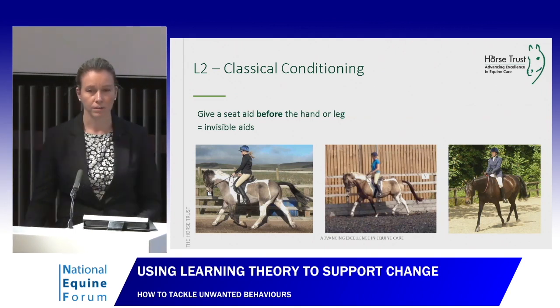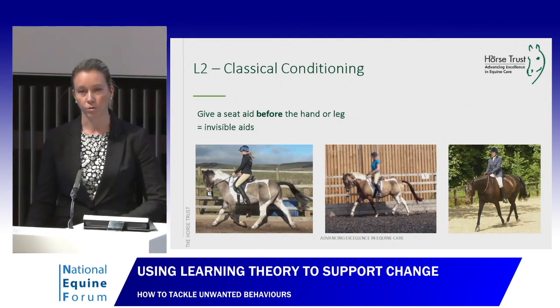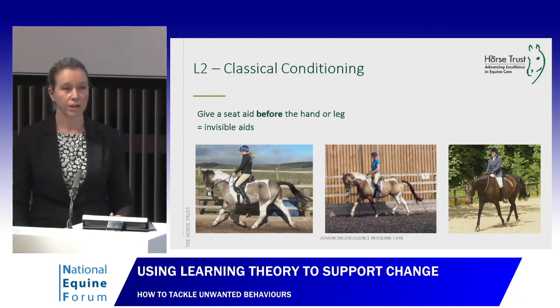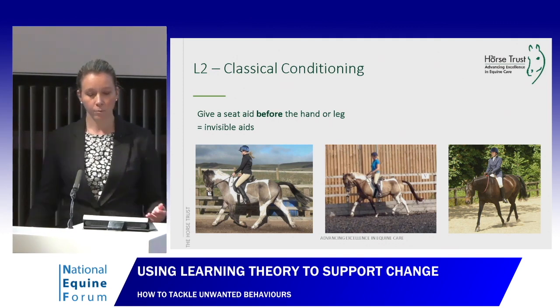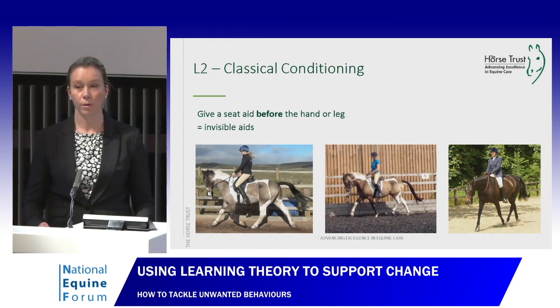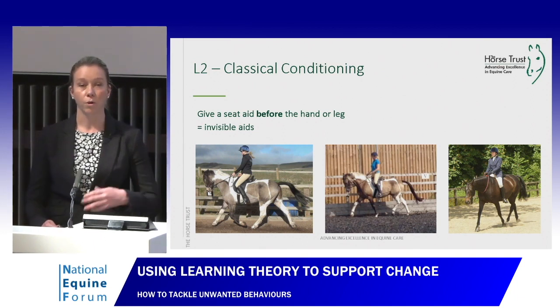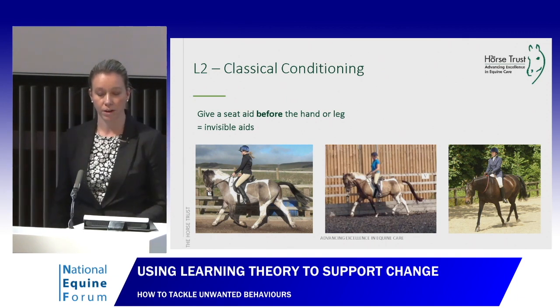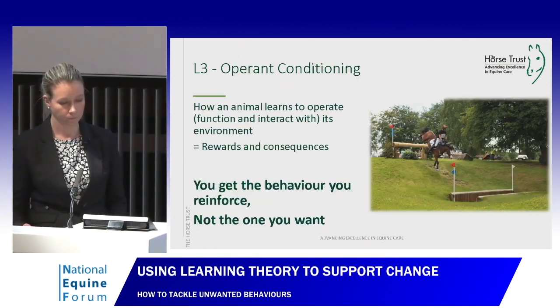When riding horses, if we always give a postural cue before we give a cue from the hand or from the leg, it's like the postural cue is ringing the bell, the hand or the leg is like the food. So they learn to predict what will happen next. So then when you want to do medium trot in a dressage test, rather than having to use your legs all the way across, you just give the seat cue and it looks like you have invisible aids. This is also what a lot of natural horsemanship is based upon.